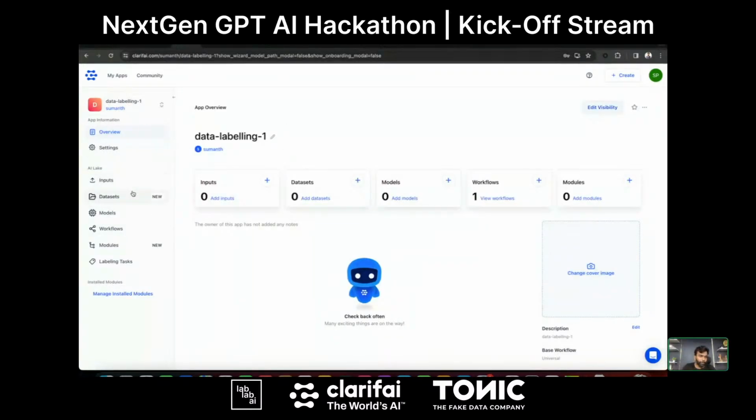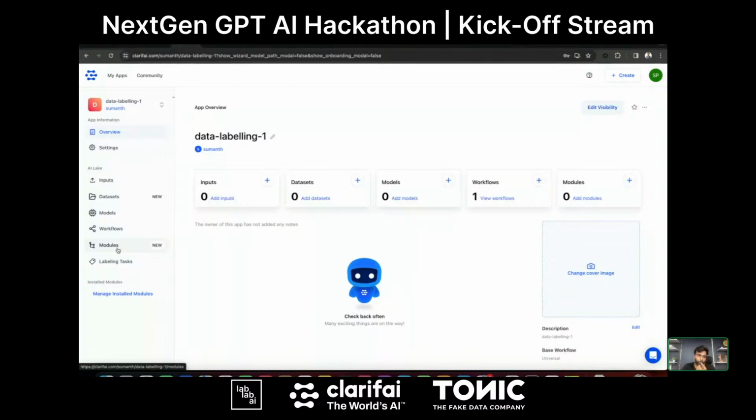And in the left sidebar, you can see we have an option for inputs. We have an option for datasets, where you can upload your inputs or datasets. The model section, where you can upload models, or maybe train your own models. The workflow section, as Sanwell has showed, where you can chain together multiple models. You can connect multiple models and come up with a use case. You can build a workflow using the UI. So that's what workflows are.